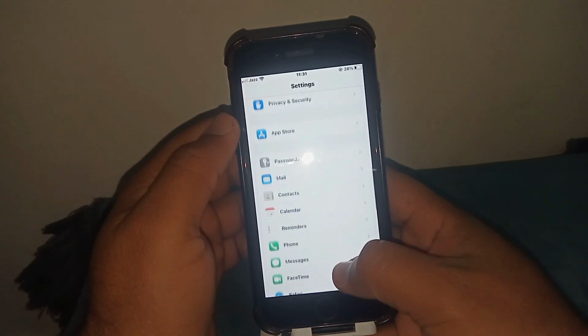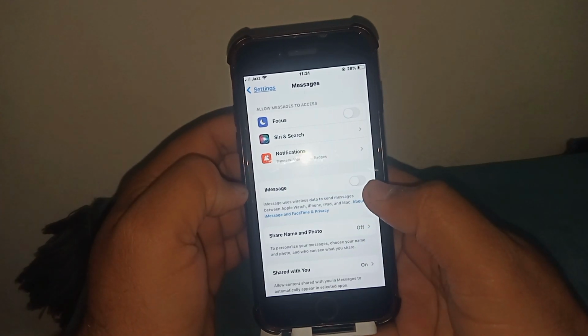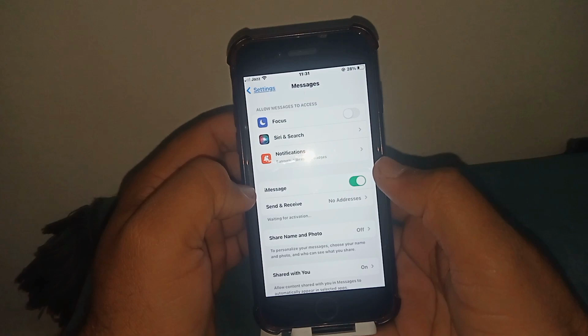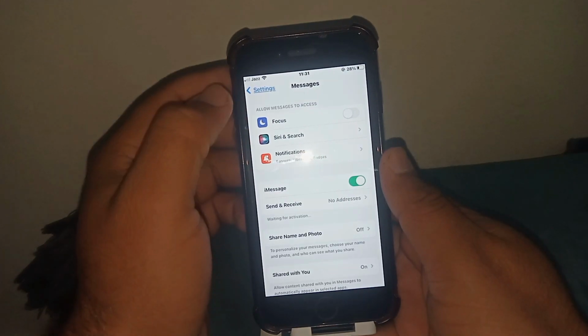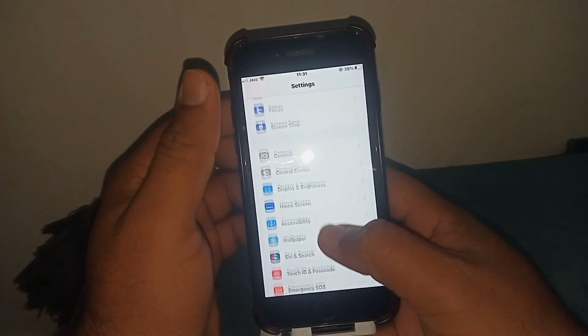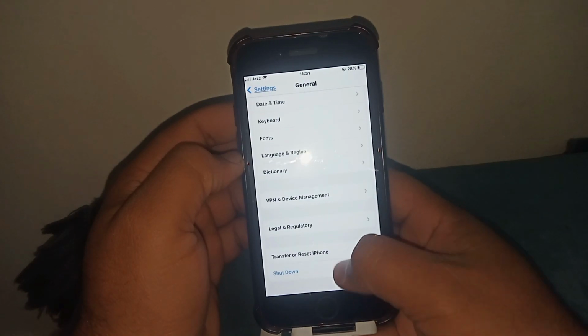and scroll down and tap on Messages. As you can see, iMessage, you have to turn on this toggle, and after that check whether the problem has been fixed or not. If the problem is not fixed, then go back and tap on General and scroll down and